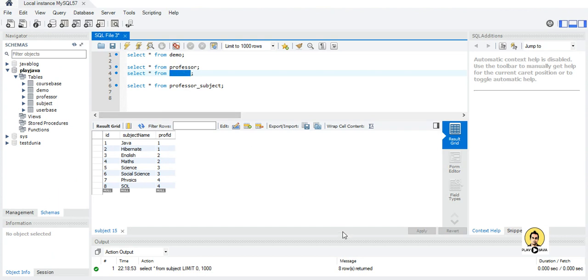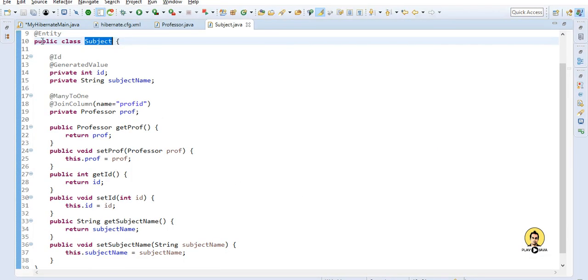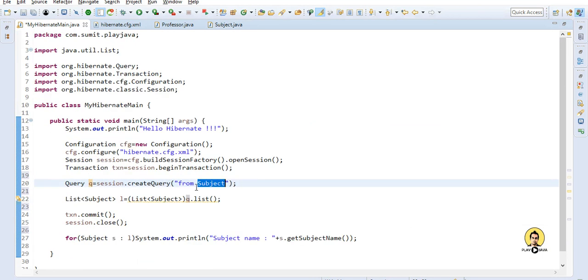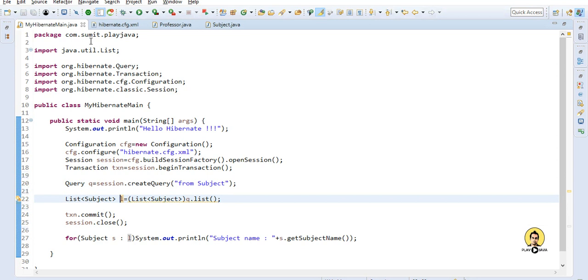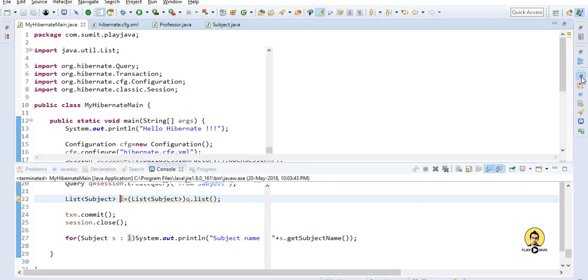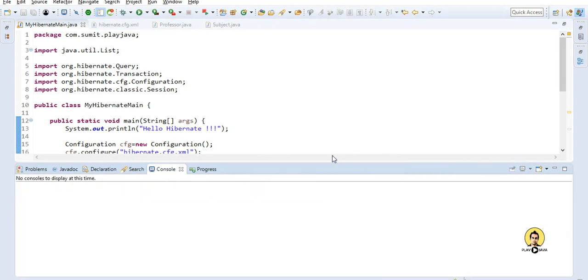This query will select all the data from the subject table, we put this data in a list, and using the for loop we are printing the subject data.